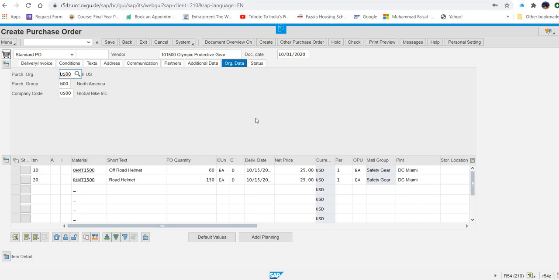So you just press save, and be careful at this stage: when you press save, a document number will be generated that you have to note down. Okay, so now I'm going to press save.